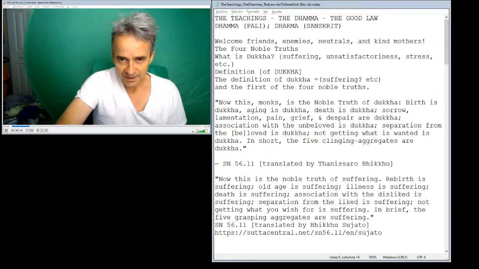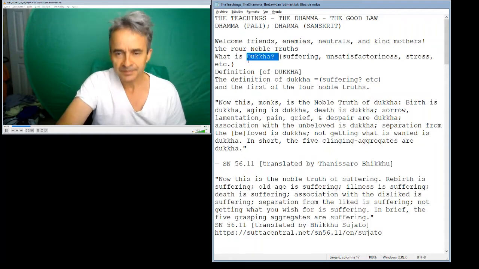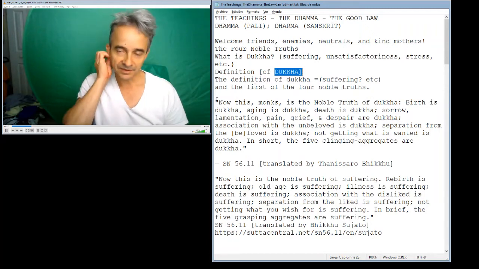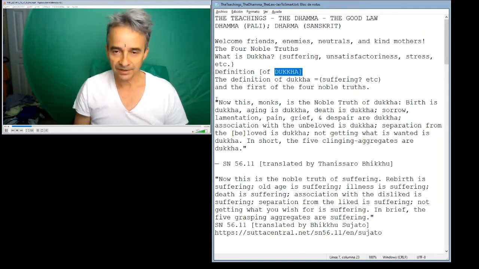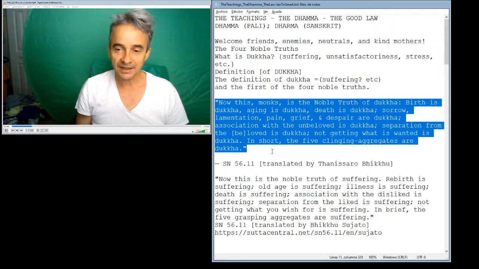So that word that is being translated into suffering or unsatisfactoriness or stress is the word dukkha, D-U-K-K-H-A. And the definition of dukkha that's translated as suffering or unsatisfactoriness is being defined in the